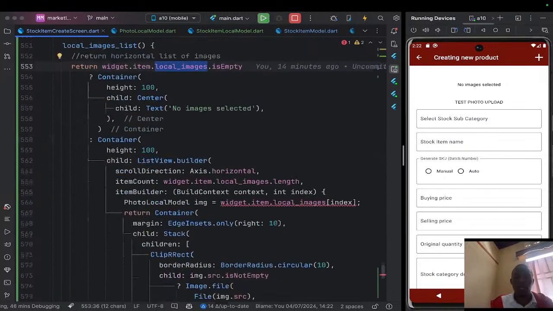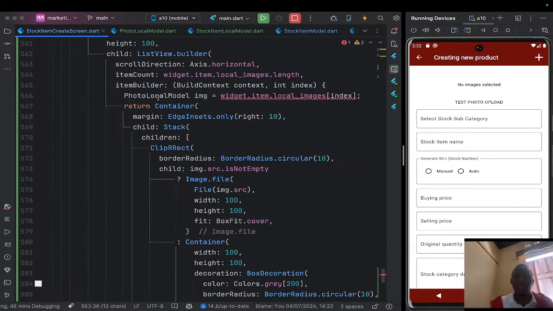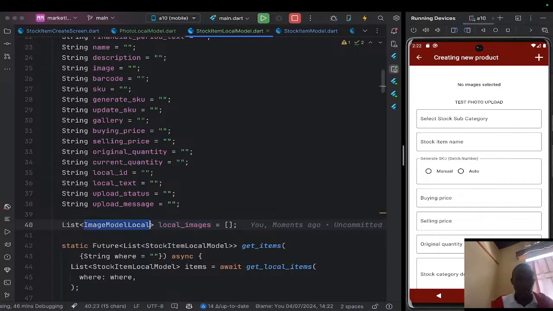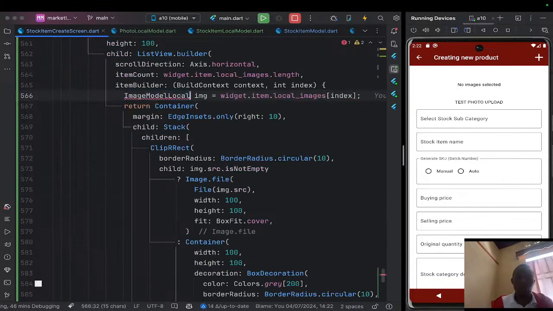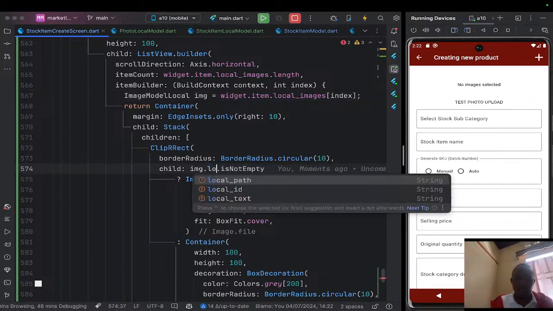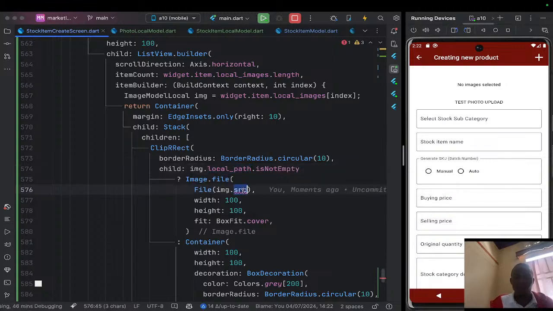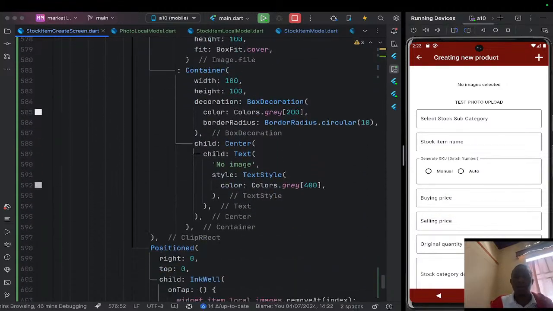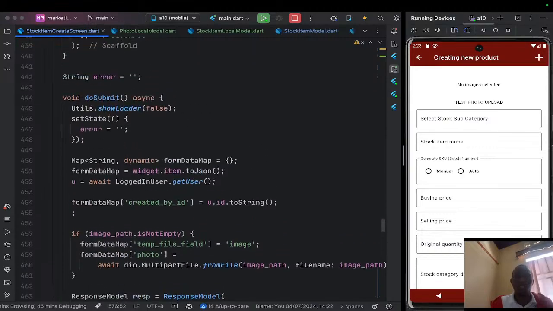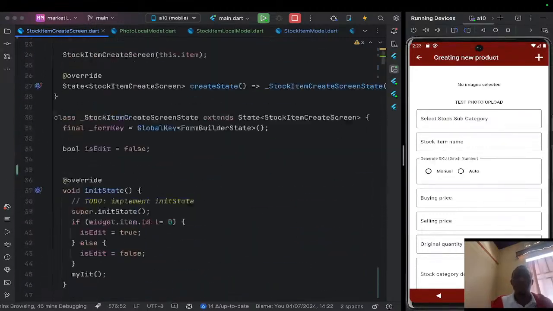So come and fix the rest here and there. So instead of having this one, I'm going to have image local model, like this, image local model, like that. So here I have local path. That's the one that shall be displaying. Yeah, so everything is fine now. All right. So after doing so,